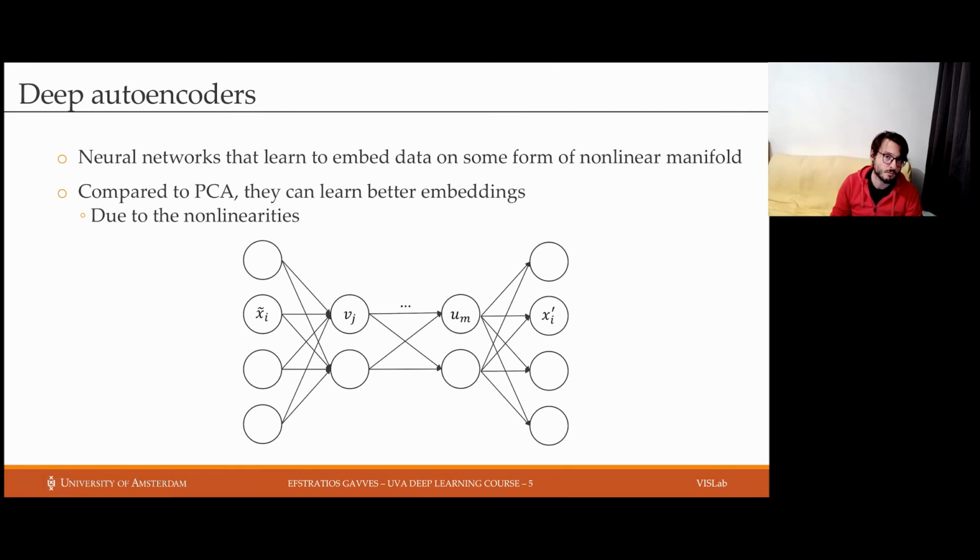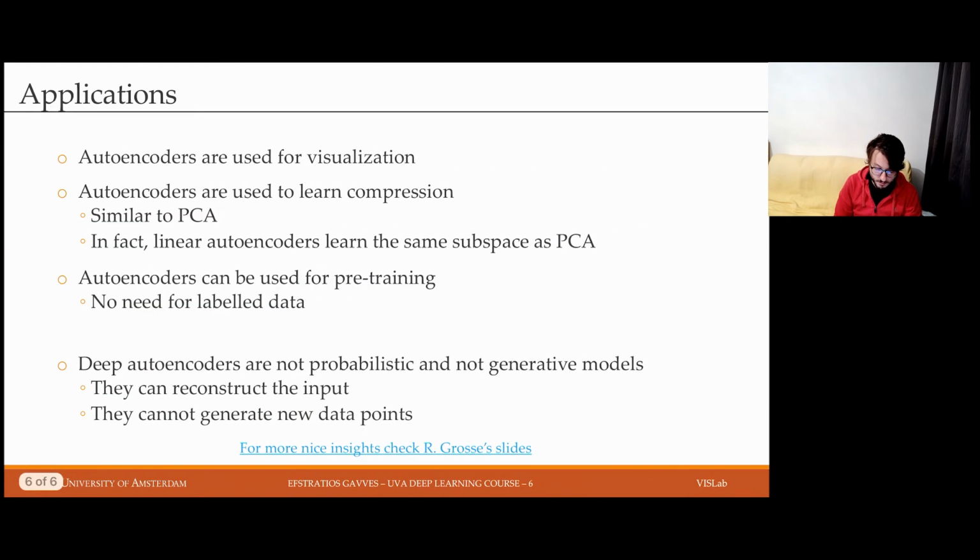Of course, we can have an autoencoder with a single layer, but we can have more than one layer between the input and the output. That way we can obtain deep autoencoders, and in that case the neural networks of the encoder and the decoder learn to embed the data in some form of a high dimensional and nonlinear manifold. Compared to PCA, deep autoencoders learn better embeddings due to the nonlinearities involved, and this is very interesting because in fact